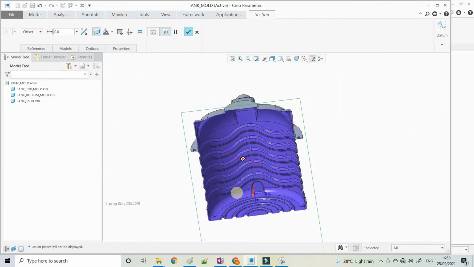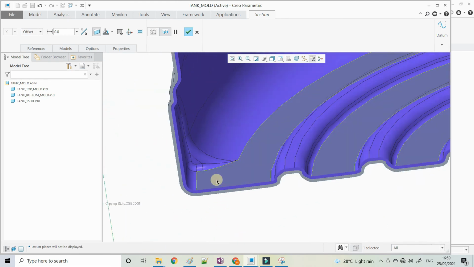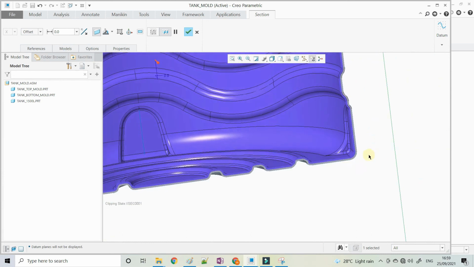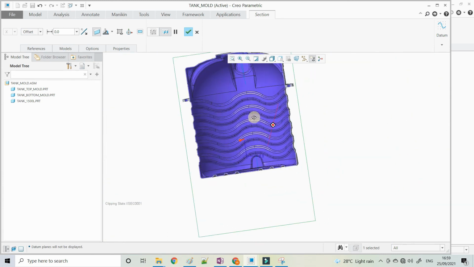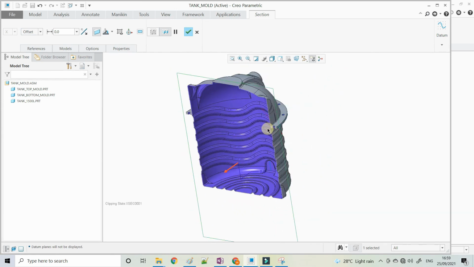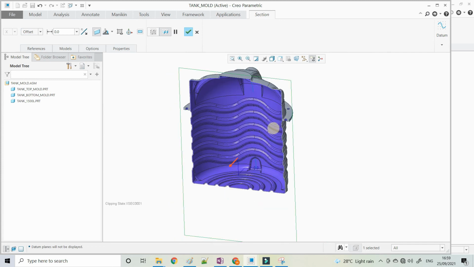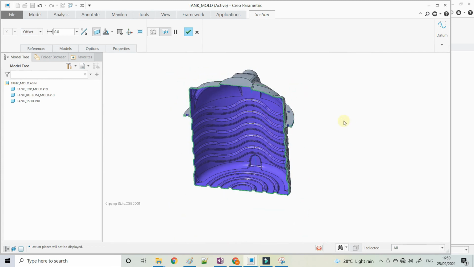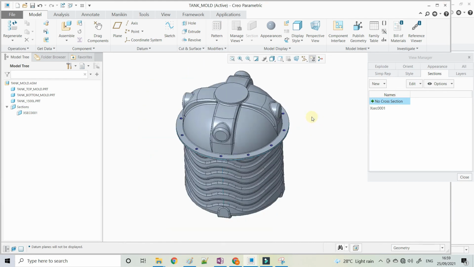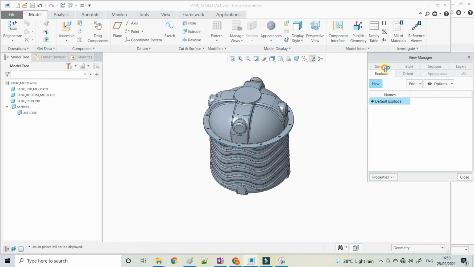So this is a roto mold. This is a roto mold design. So the blue is our actual product. Like that you can create the rotational mold for your design or rotational molding component.